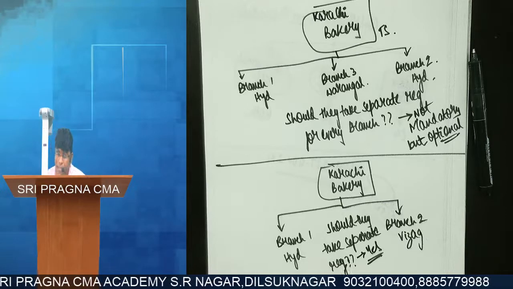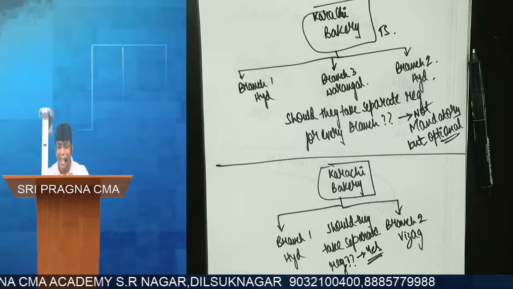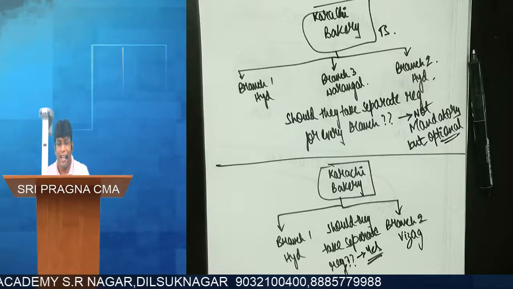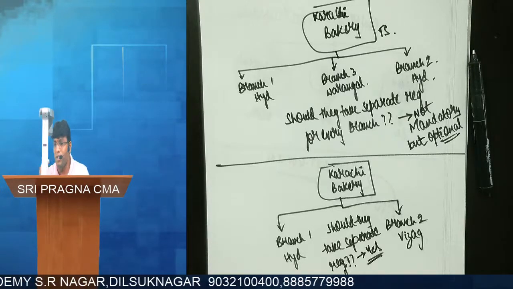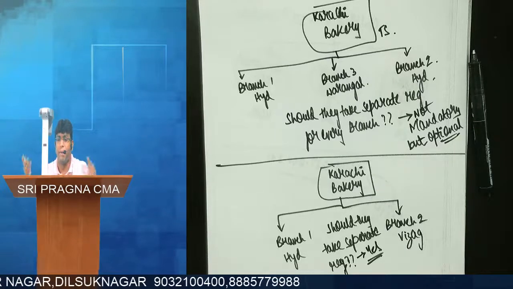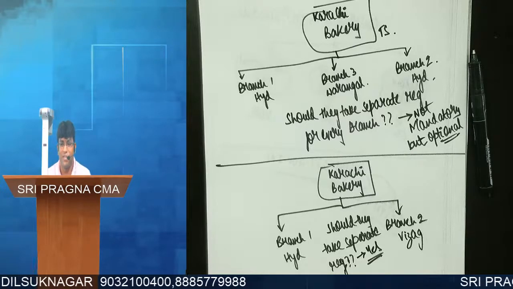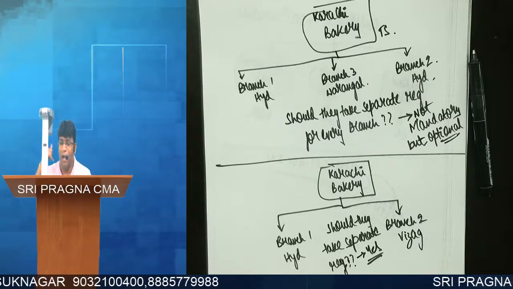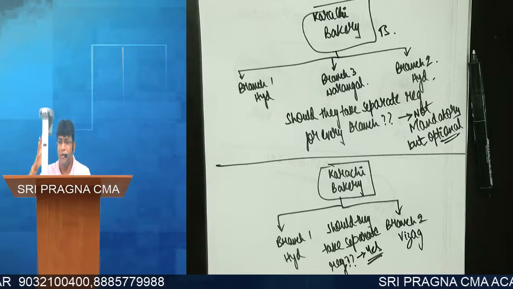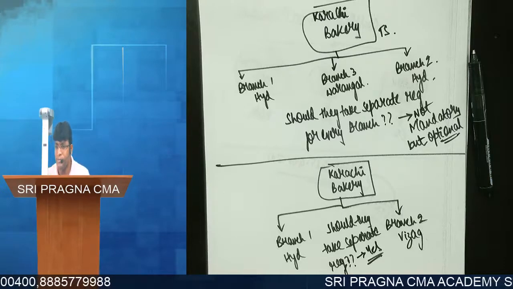Listen carefully. Something important, please listen. Then we'll start supply. Imagine in Vizag, Karachi Bakery, there is a shortage of biscuits. Biscuit stock is coming down because customers are buying and eating. So there is a shortage of biscuits. Vizag branch called Hyderabad branch. Hello, we require cashew biscuits. Send 500 boxes from Hyderabad to Vizag.